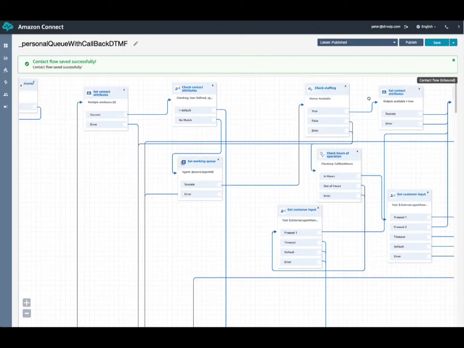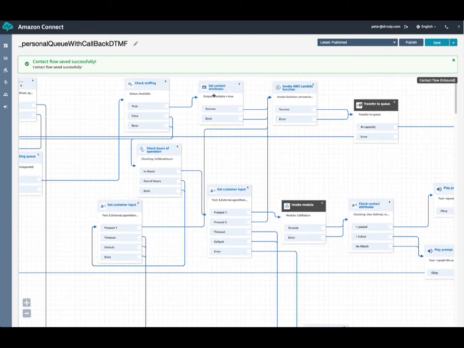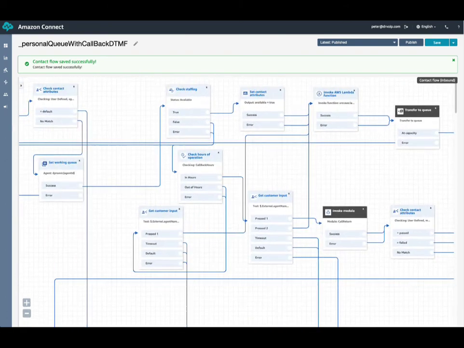If they are, we go ahead and transfer the call to them. This Lambda function works with an agent desktop, Dexter, and it enables us to display that there's a caller in queue, and then we transfer the caller to a queue and we're done.